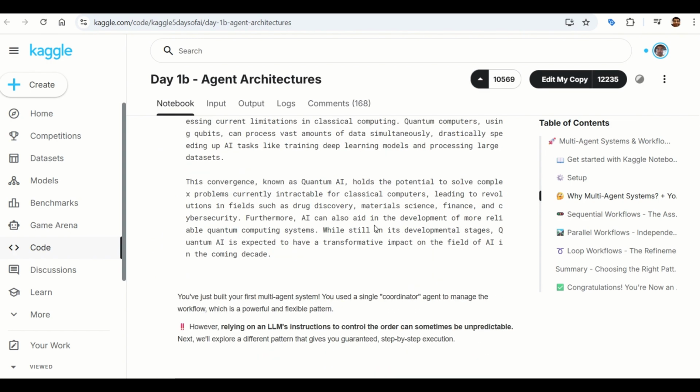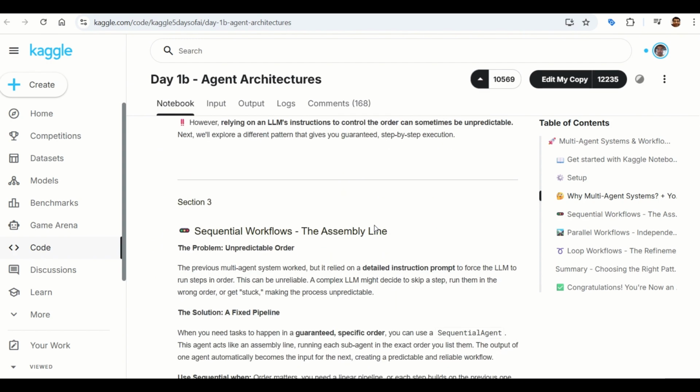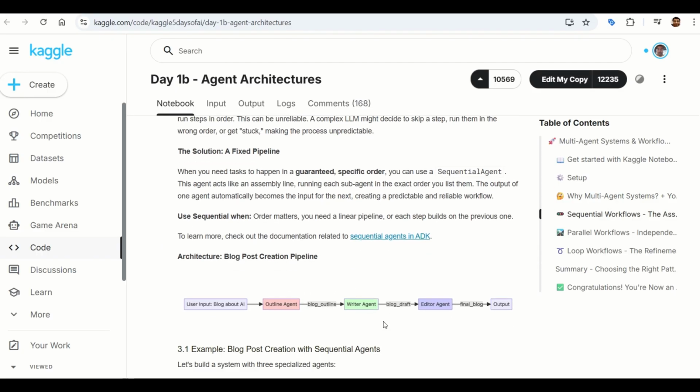And after that, they are also covering the workflows. So they are covering three workflows over here. One is the sequential workflow where things will go one by one. Multi-agent is actually